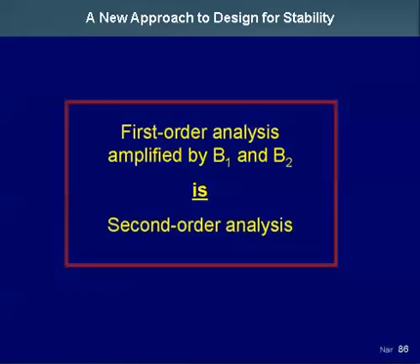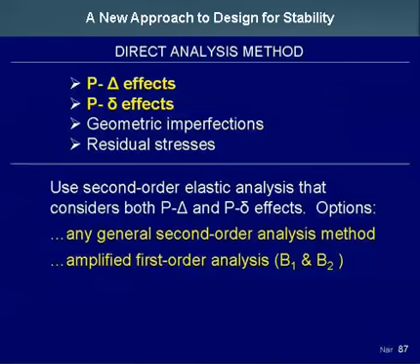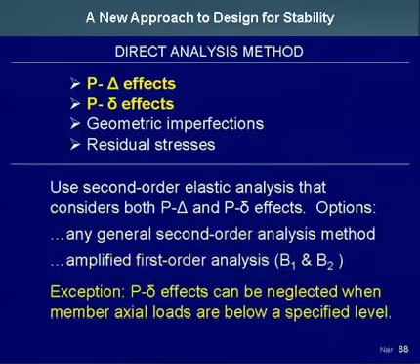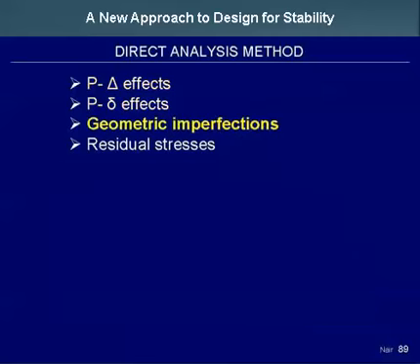The thing you must always remember when looking at the specification is that first order analysis amplified by B1 and B2 is second order analysis. So anytime you're told to do a second order analysis, you can do a first order analysis and then amplify it by B1 and B2. That gives you a second order analysis. Okay. One exception is that P small delta can be neglected when the member axial forces are below a specified level. So that's how you take care of P